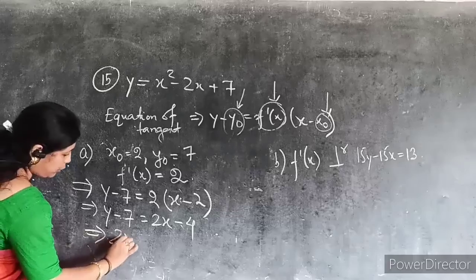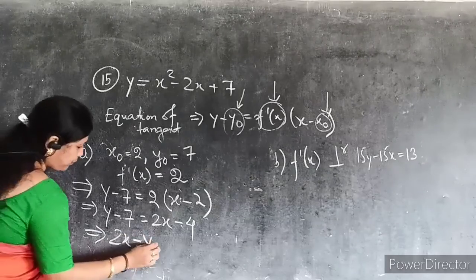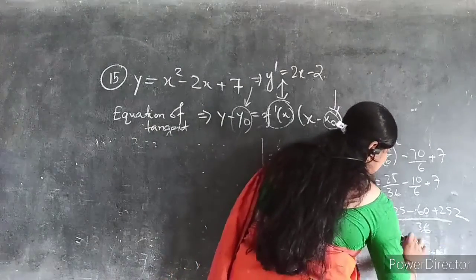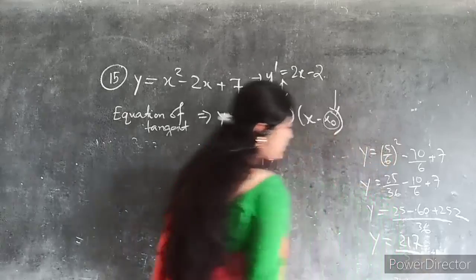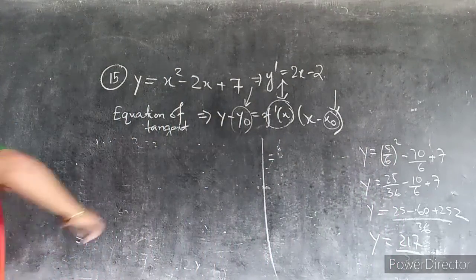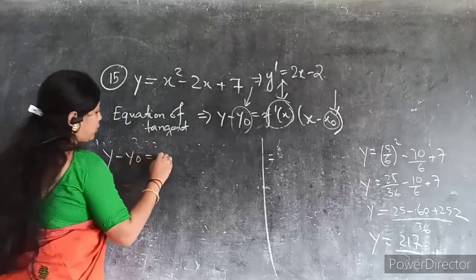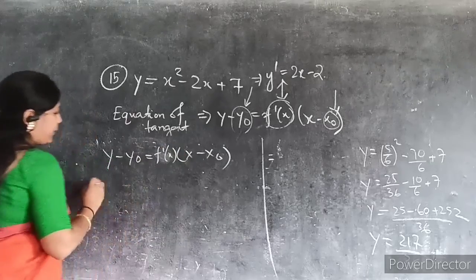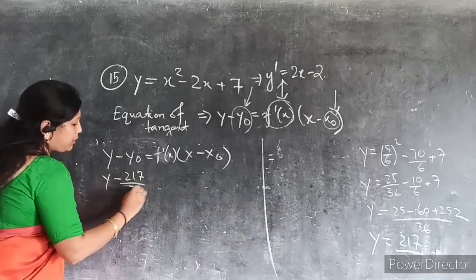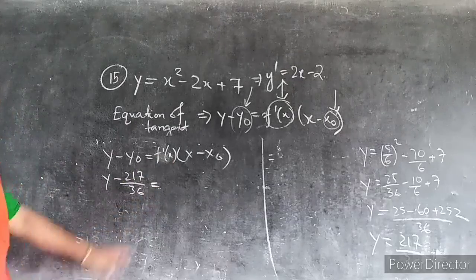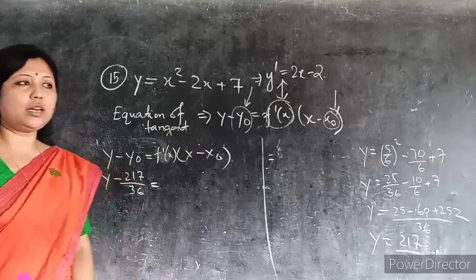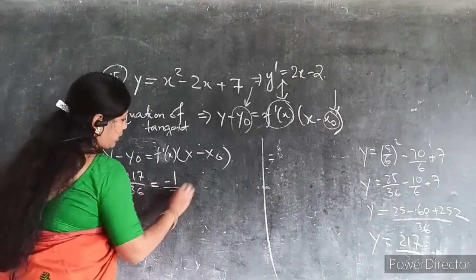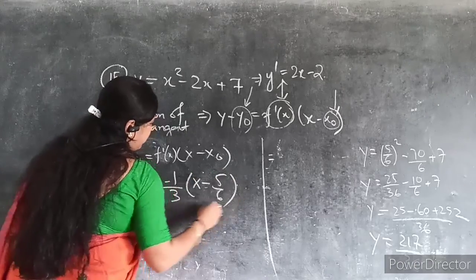So your equation will be 2x minus y plus 3 equal to 0. So y is coming to be 17. So this is the value of your... So what is the main equation? y minus y naught equal to x minus 5 divided by 2. So y minus 2 minus 7 upon 6. So since the slope is perpendicular, here the slope we got as 3, but with the perpendicular condition it will be minus 1 by 3, that is x minus 5 by 6.